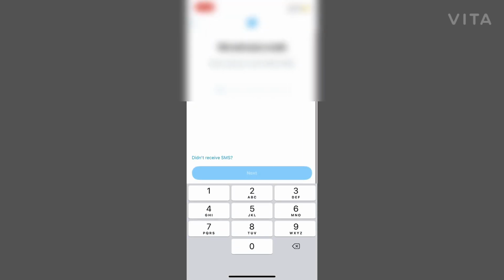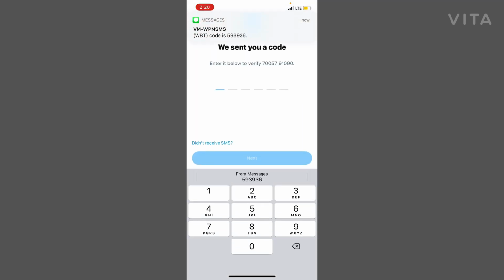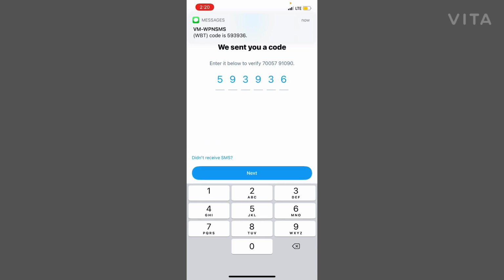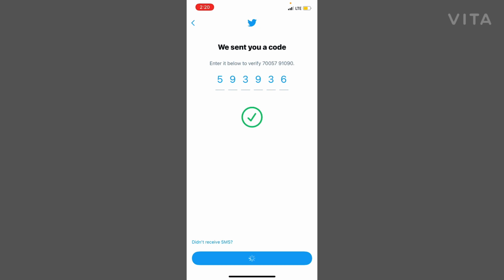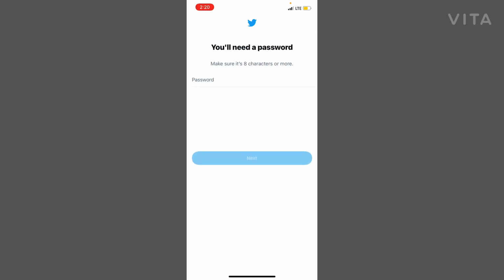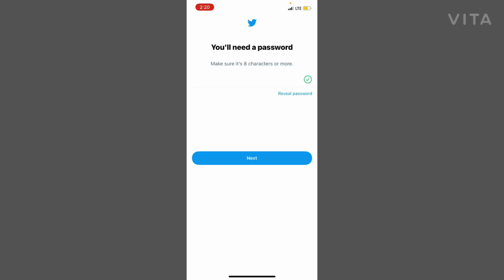So here this type of interface will pop up. So you will receive a code, that is a 6 digit code. So simply you need to enter the code here. You can see here the message, and then you have to click on the next option here. So here you have to enter your password. So let me just enter my password here. Okay, I have successfully entered the password. So what you need to do here, you have to simply click on the next option here,